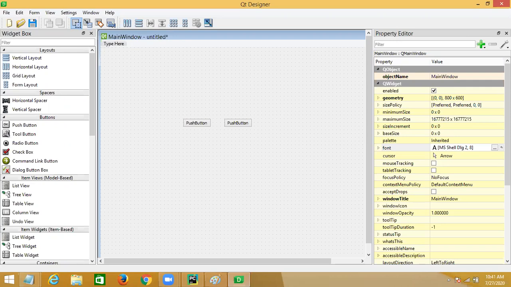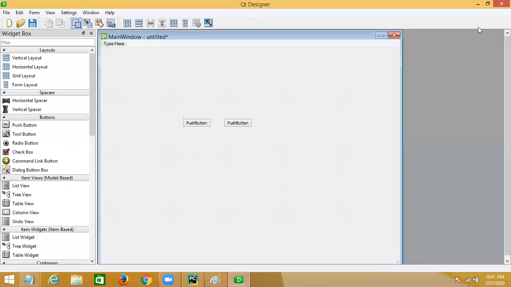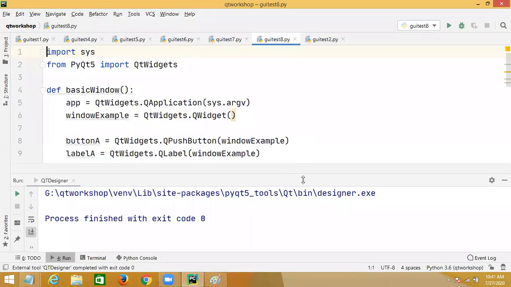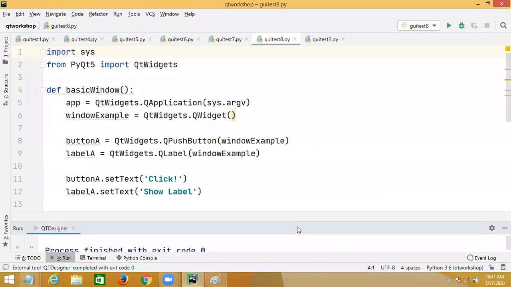It will take much time to work with Qt Designer.